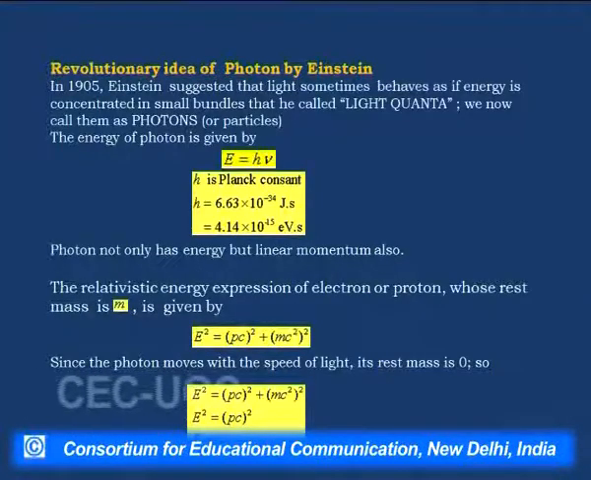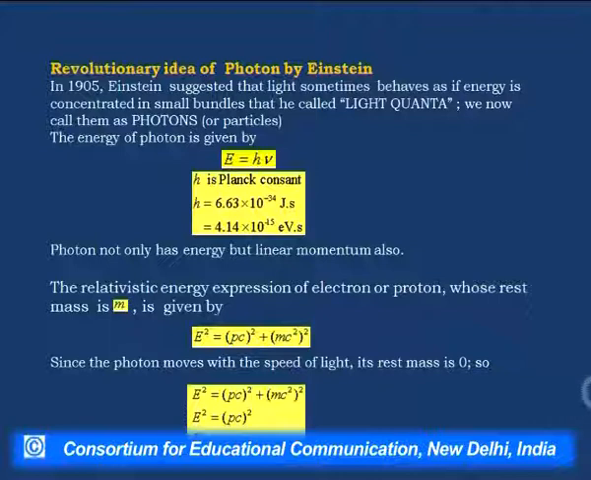Now, we'll talk about photon. In 1905, Einstein suggested that light sometimes behaves as if energy is concentrated in small bundles that he called quanta. We call them photons or particles. The energy of a photon, we all know, is given by h nu,